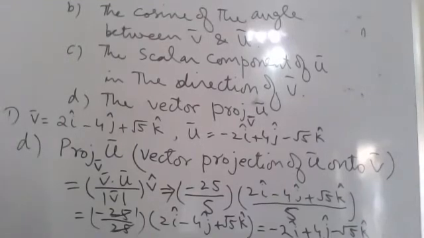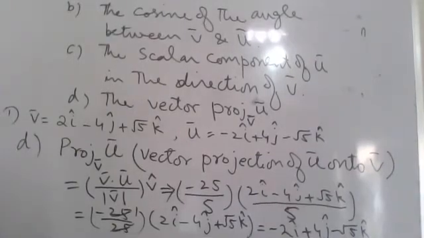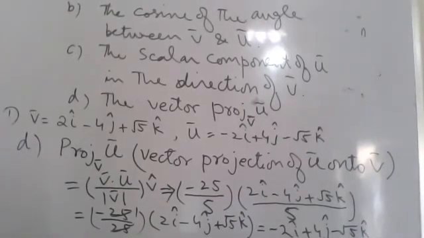Now the angle between vectors. Question number 9: find the angle between the vectors in exercise 9 to 12, to the nearest hundredth of a radian. So we'll find the angle in radians, not in degrees. Your calculator must be in radian mode. So now we will do question number 9.